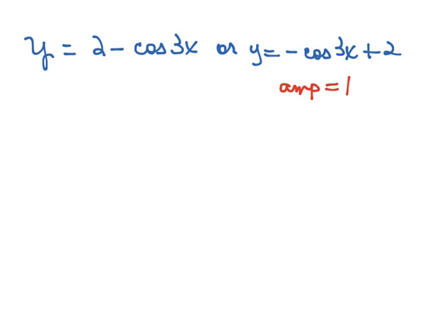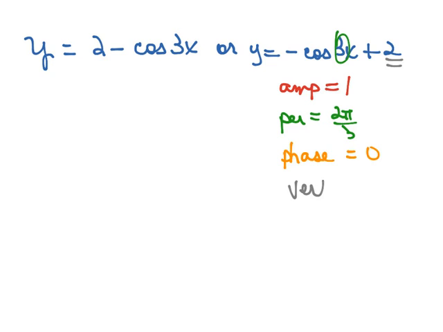The period is going to be equal to 2 pi divided by 3. We don't have a phase shift. And then our vertical shift is going to be equal to 2. So to draw our graph,